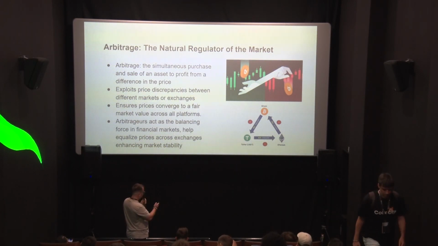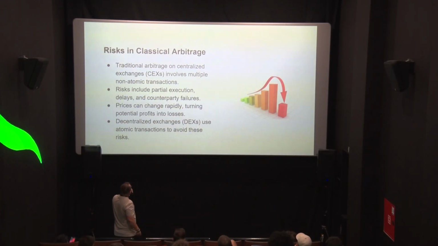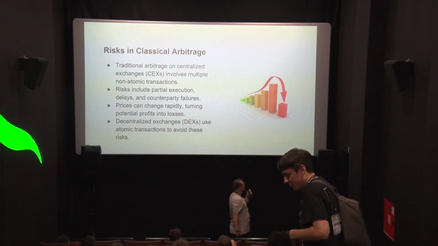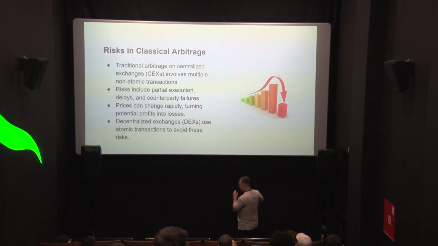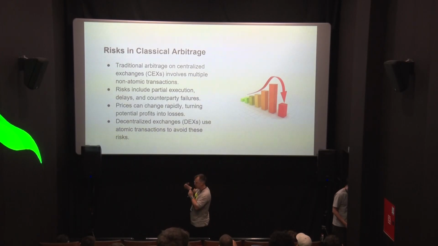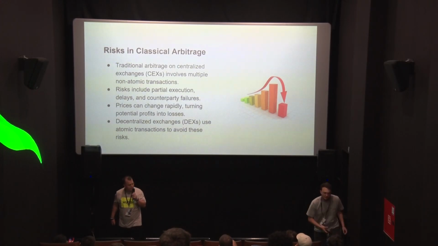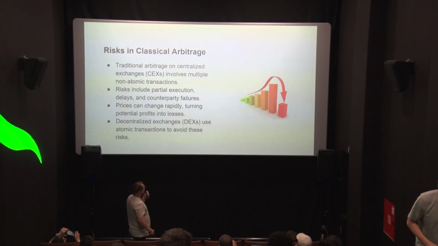But before, we need to discuss some key challenge with traditional centralized exchange arbitrage strategies, and this is non-atomicity. You see, when you are performing an arbitrage trade on a classical centralized exchange, you need to perform several separate steps. And this is a risk because you may face a problem of partial execution where you can buy on